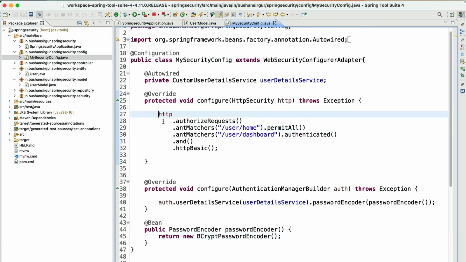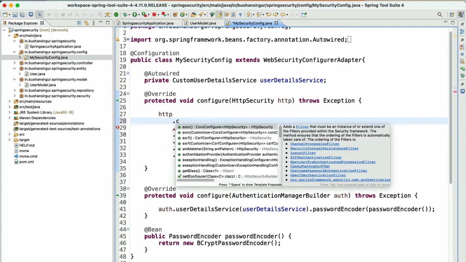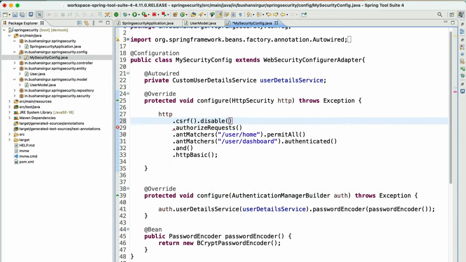I'm going to modify this configure method as well. http dot, we're going to first disable the CSRF, dot disable. antMatchers, we're going to permit the register API. Of course, we don't have this API in our application yet. We're going to create that in just a bit.